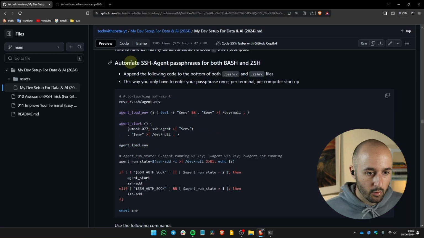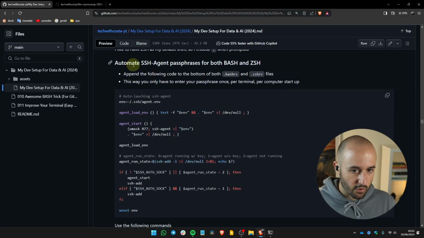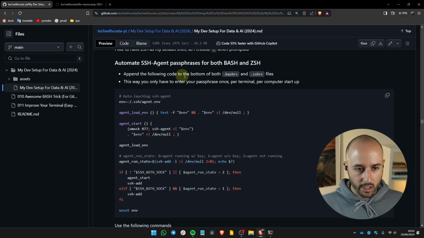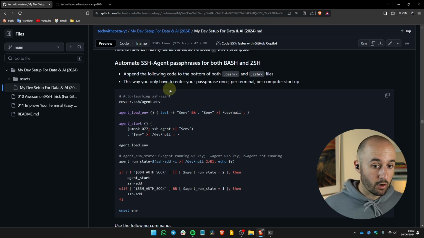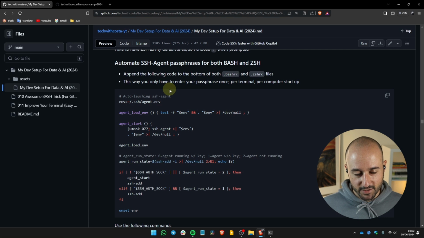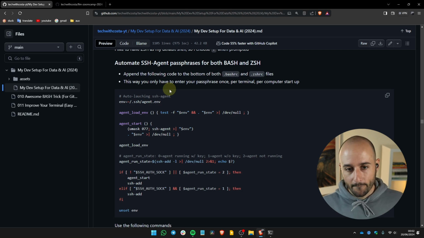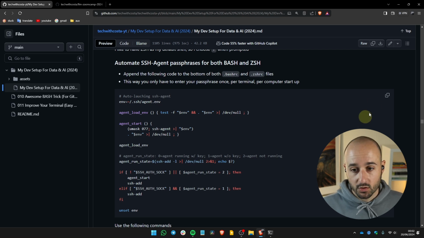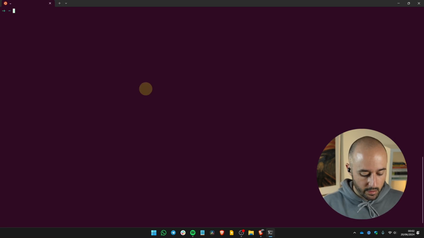Okay, now I want to automate SSH agent passphrases for both Bash and ZSH. Append the following code to the bottom of both .bashrc and .zshrc files. This way you only have to enter your passphrase once per terminal per computer startup. The thing I was telling you that we would automate. So now just copy this code, then